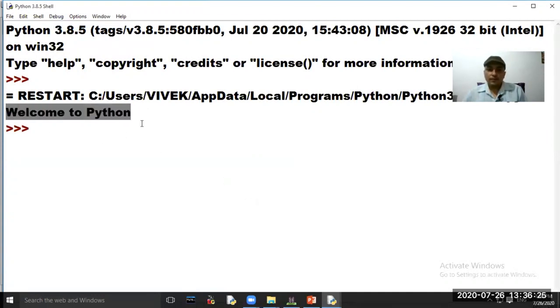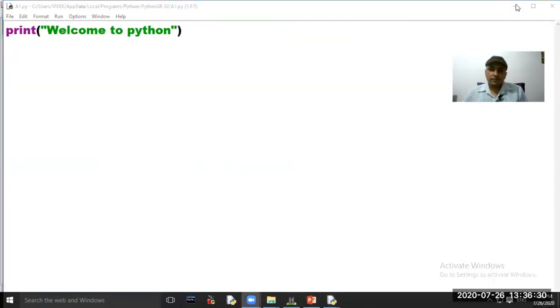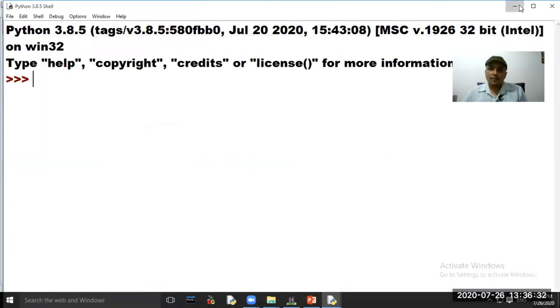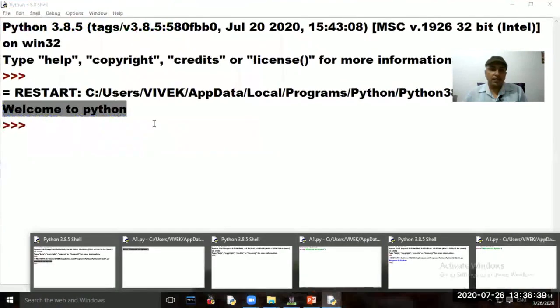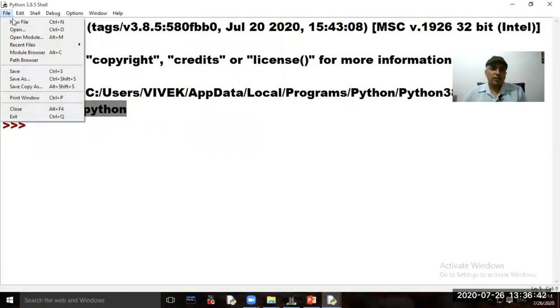Now in order to run the program, we have to pick the option Run and choose option Run Module. Now see here, Welcome to Python is printed on the screen. This is your first program. Now our second program is